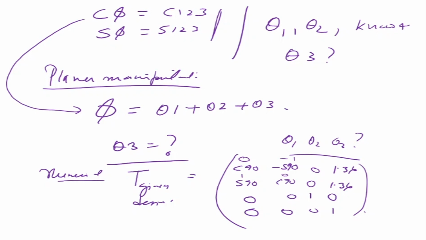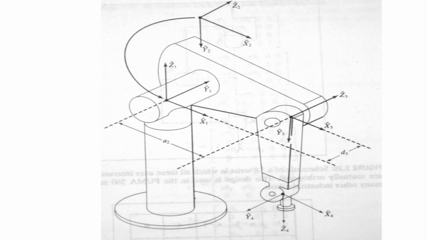Now let's go back to the bigger problem, the problem of the Puma manipulator. We had done the forward kinematics in the previous class. Please have a look at those lectures and slides. What we had done is we had assigned the DH parameter table. We made our a, alpha, d, theta table, and from that table, for joints 1, 2, 3, 4, 5, 6, we had made our transformation matrices.